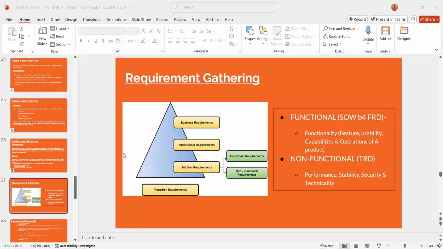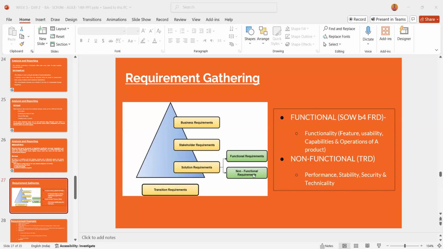Can you use that? No, you cannot. It has become outdated, so you need to transition the system. Things will remain the same, but with the new operating system and new advancement, when you are changing, it will become the transition requirement. Everything has to do with transition from the older to the new system.